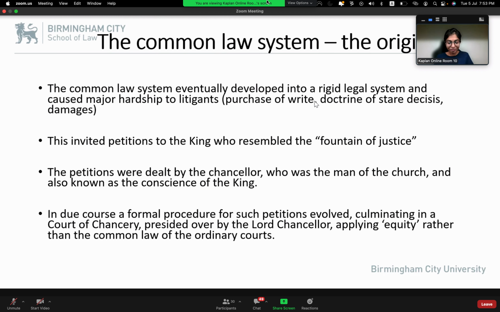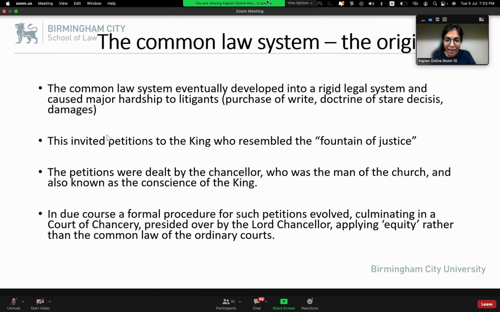Okay? But I'm sure you've heard of the saying, right? Whatever goes up will come down. Or you would have heard of the saying, there are two sides of the coin. So as the common law system became so prosperous, so everybody was accepting it, over time the system was becoming rigid. You know why? I'll tell you why it was becoming rigid.